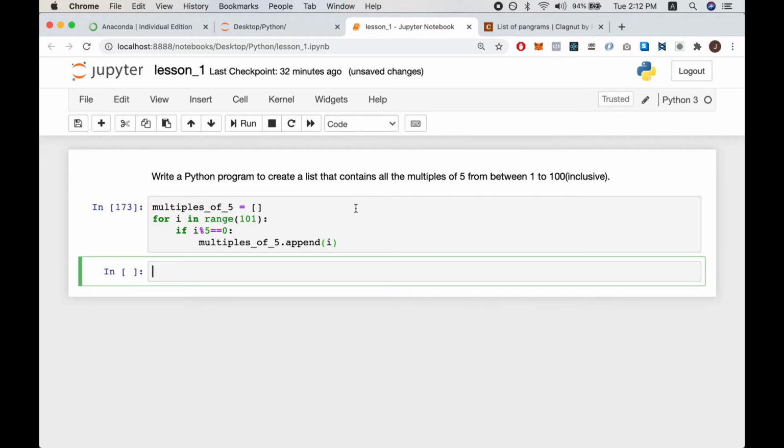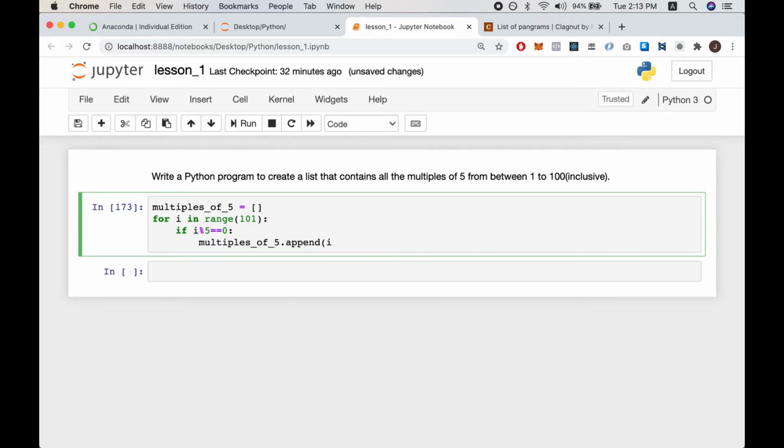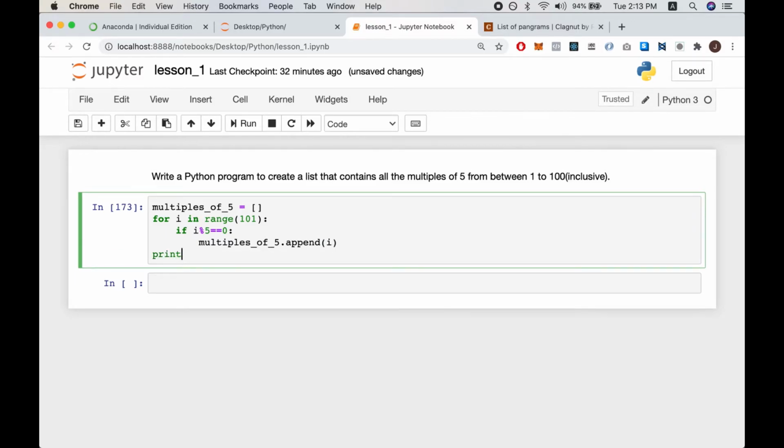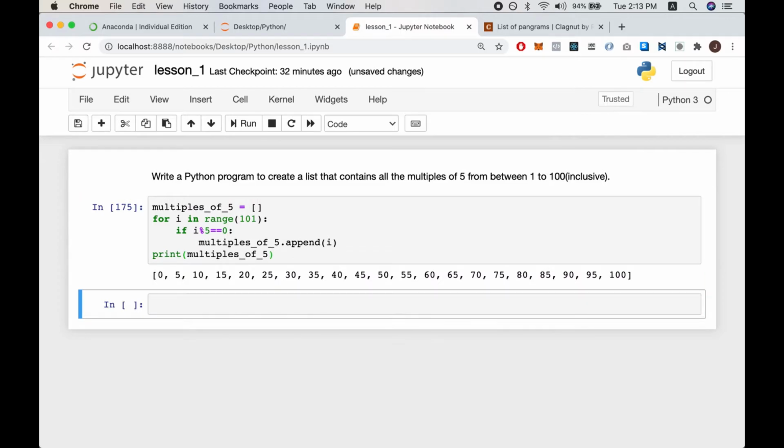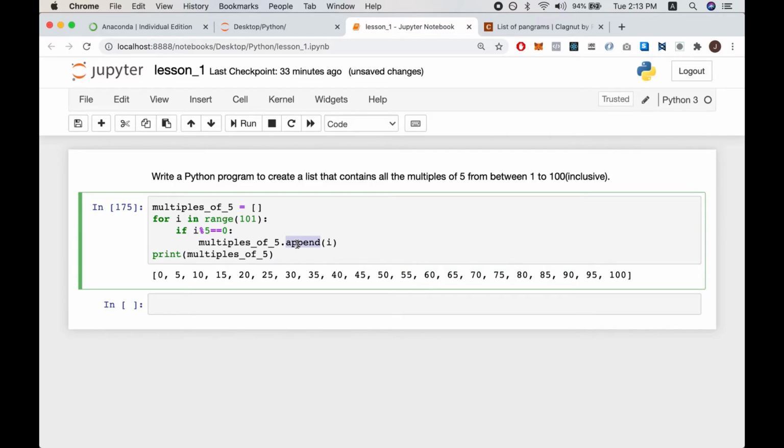Cool. So now, oops, sorry, and I'm actually going to print it to see what we get. Just a little typo, and there you go. So that's how we use append, and we're going to use append pretty commonly